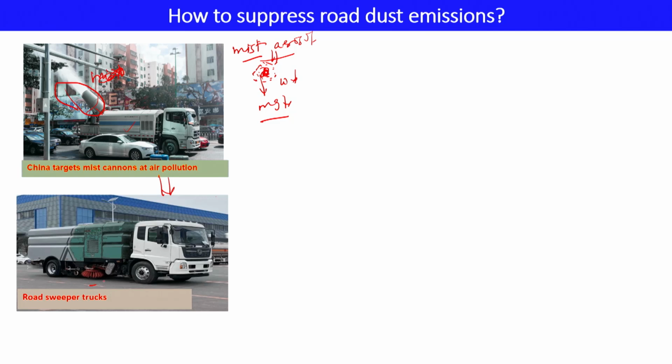What is the next level they do? They use this kind of sweeping. Road sweeper trucks are there. Especially in the corners of the roads or roadside, they are very useful. They remove most of the pollutants, most of the road dust particles that are there in the atmosphere. But in Indian conditions, the problem is that the road itself is very bad. The road is not in good condition.